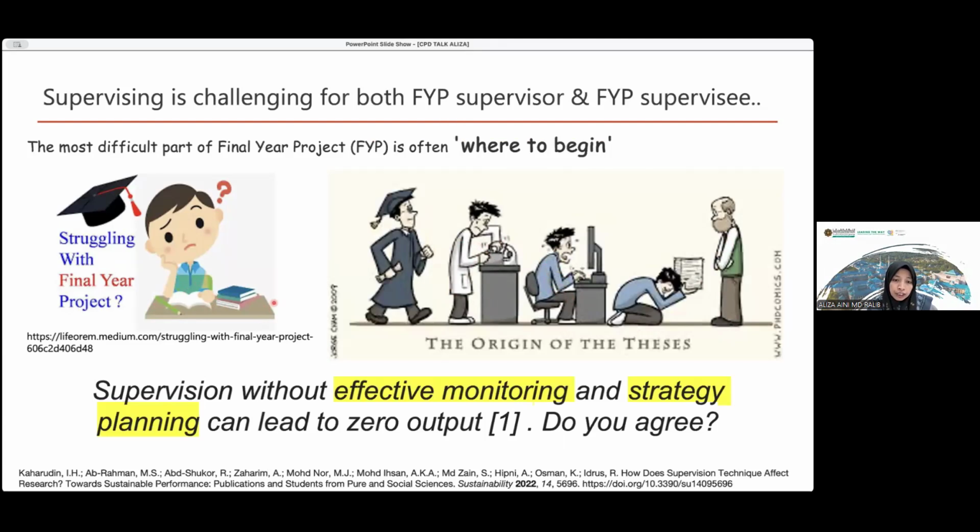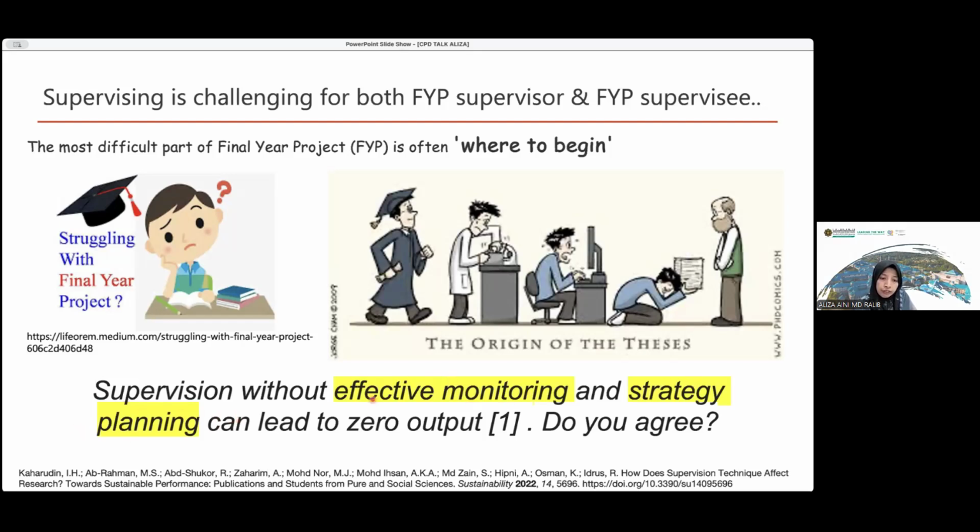So it's quite challenging for both the supervisor and supervisee. From this paper that I read, on how supervision technique affects the research, it concludes that supervision needs effective monitoring. So it's not just monitoring, but it should be effective monitoring and planning.